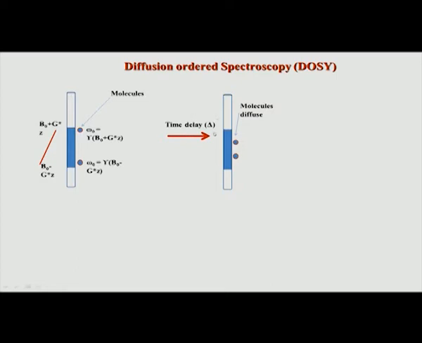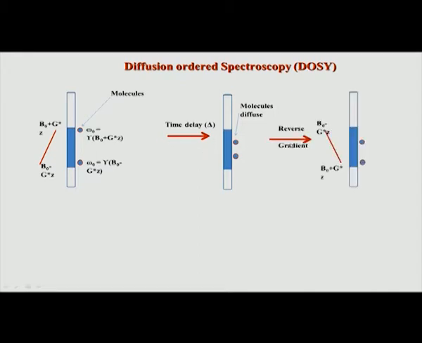If you give too much delay, too long a delta, then molecules would have completely gone from one end of the sample to the other end of the sample. But if you give a very short delay, they would not have moved at all. So you see this short and long all depends on the diffusion rate. If the diffusion is slow, even if you give long time they would not have moved. If the diffusion is fast, even if you give a short time they would have moved a lot. So these relative terms, moving a lot, less, short time and so on, all depend on the diffusion coefficient of the molecule.